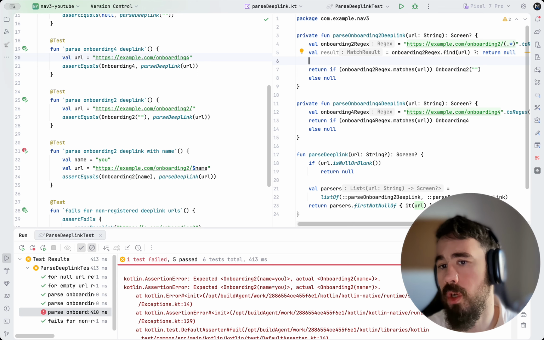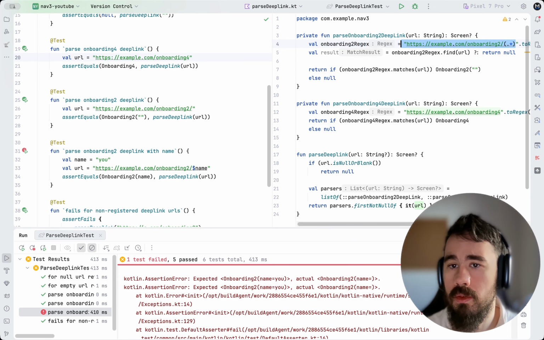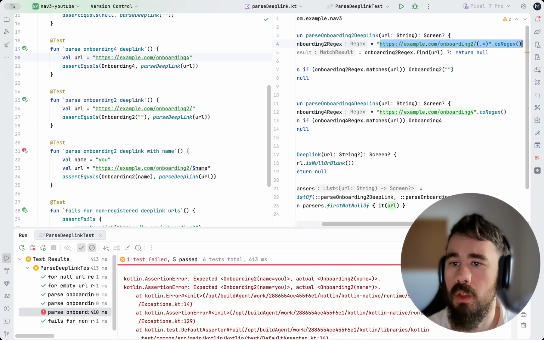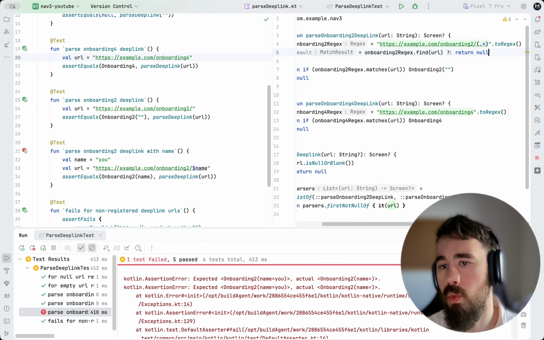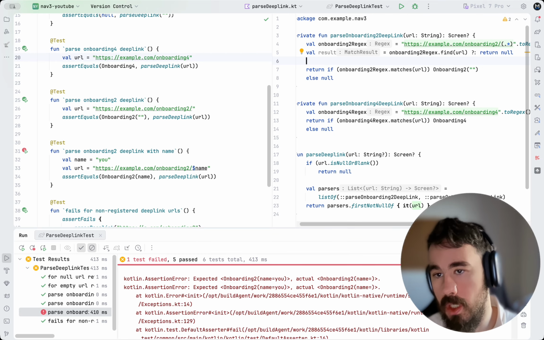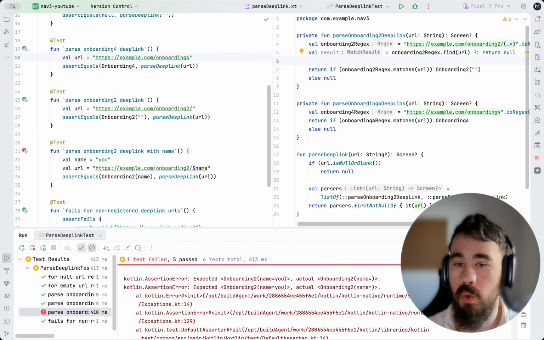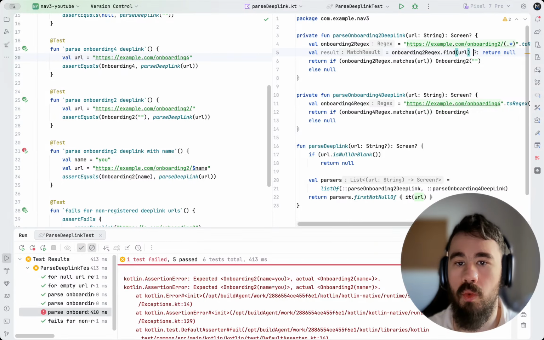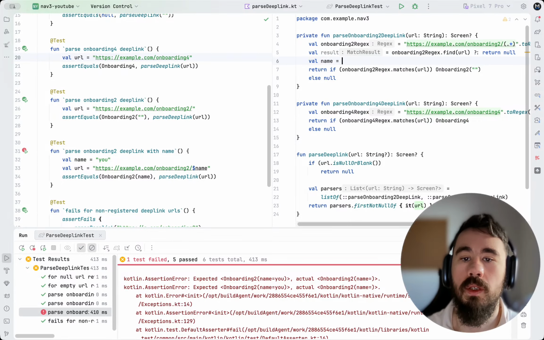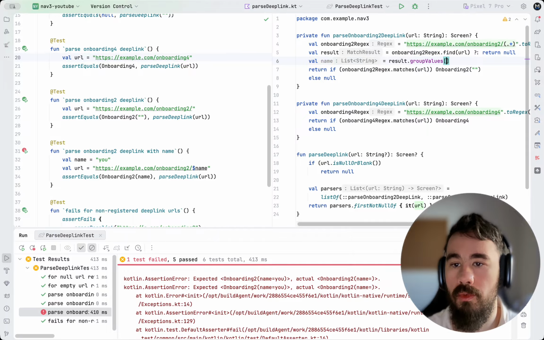The first matching group will be the whole URL that was passed, URL that will look like this, and the second one that we need, the name, will be what we need. So we will return onboarding to with name. It's a result group values of one name,